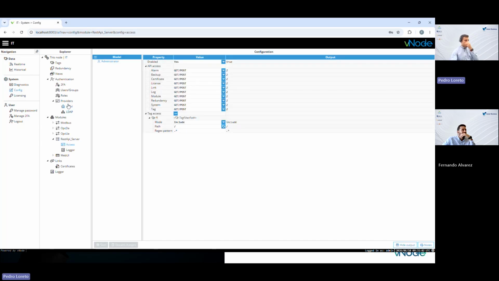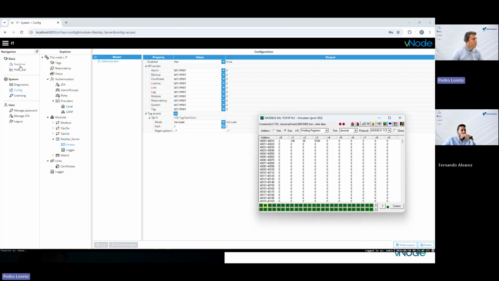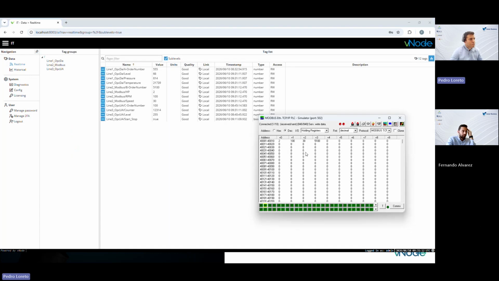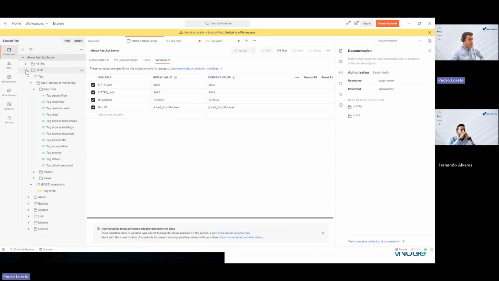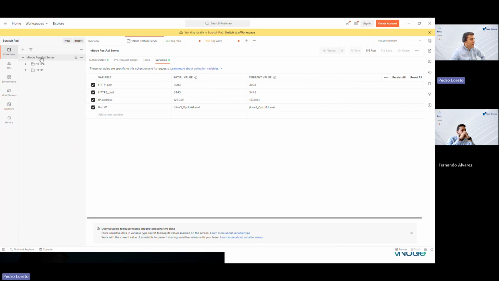Okay, perfect. So now, if I go back, just to show you, this is the Modbus device. And if I go here to real time, you can see how these 4 tags that I am reading from line 2 are these 4 values, or these 4 holding registers, okay? So now I am going to open Postman, okay? As I explained before, I already have a Postman collection